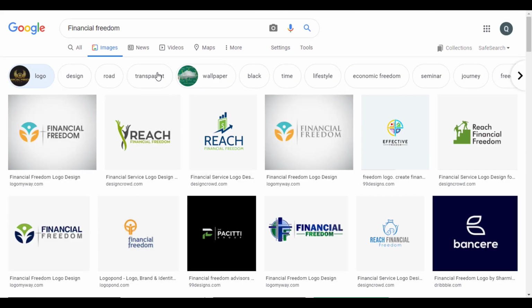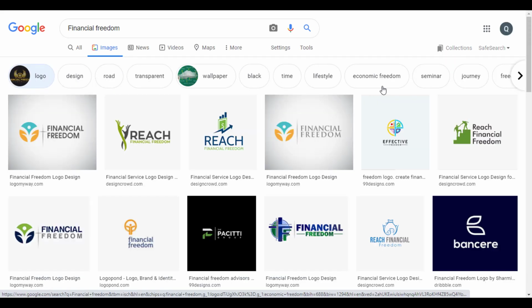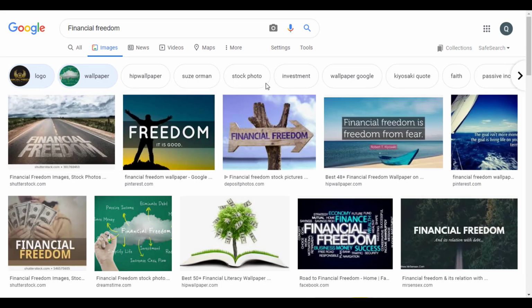So you can also do transparent. Now it will show only those logos which are transparent. If you click over here again, then this option will be unselected. So if you want to add any more condition, you can add from here. Let's say if you want to see wallpaper, then we can view wallpaper here. So that's how you can search by image as well as adding any categories that you want to add.